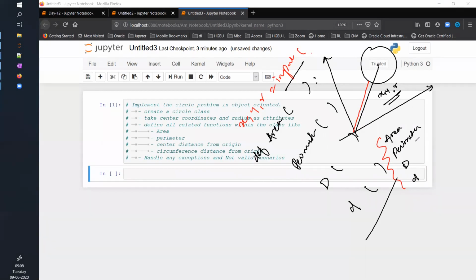Even though we did that, we also handled some exceptions, some outlier or not valid scenarios, as in when the radius is less than 0 or equal to 0, it cannot be a valid circle. So I used that assert statement to handle it. But there was some logical flaw in that code, and you will need to identify that. You will need to help me identify those flaws. I will be giving you hints, and you tell me whether I'm correct or not. So the first flaw which I think,